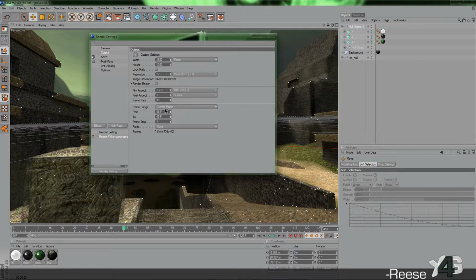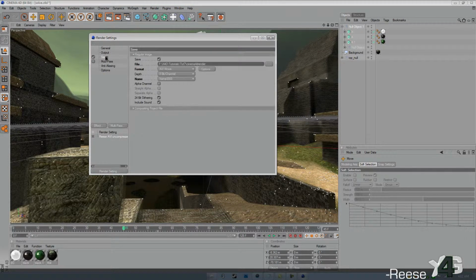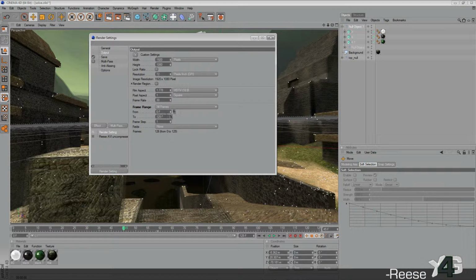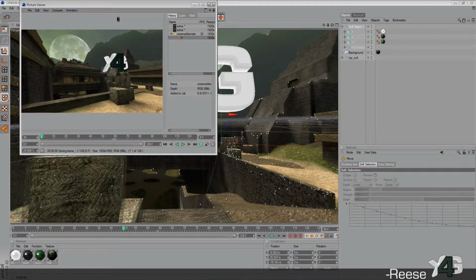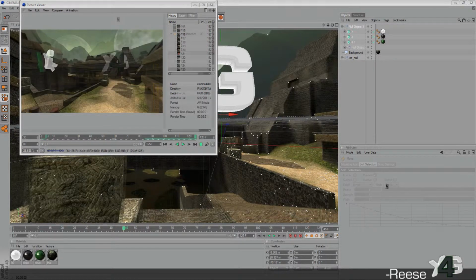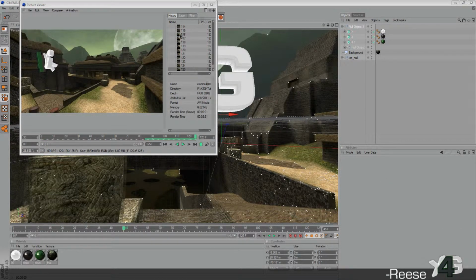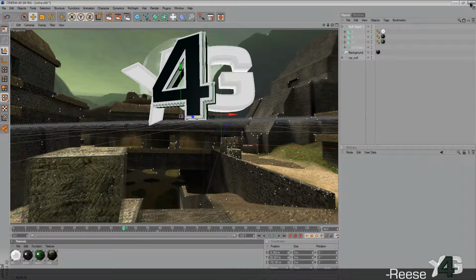I'm going to have all the frames, so it's going to be 0 to 125, and my arrow just disappeared. Anyways, I'm going to save this as a Cinema 4D render, and I'm just going to render this out. So now I'll just hit the picture viewer button, and okay, so when it's done rendering it out, we can just go ahead and close out of Cinema 4D,